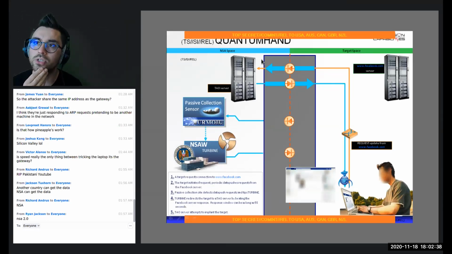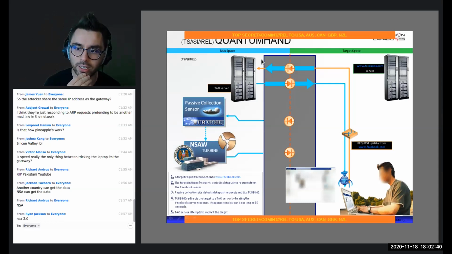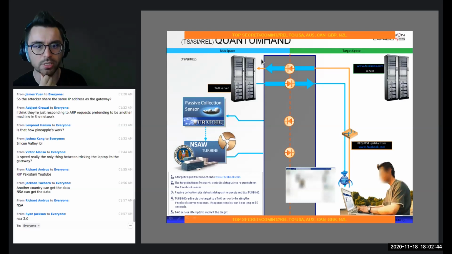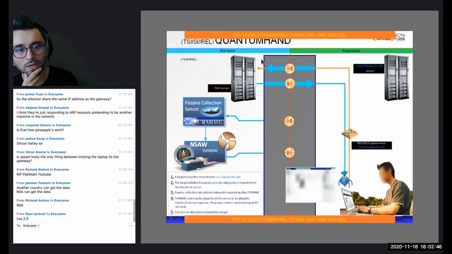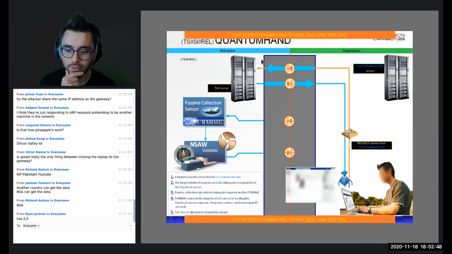The injection can get really interesting and more nefarious than just disallowing somebody access to a particular website. One other interesting bit from the Snowden leaks was the existence of a piece of software called Turbine.